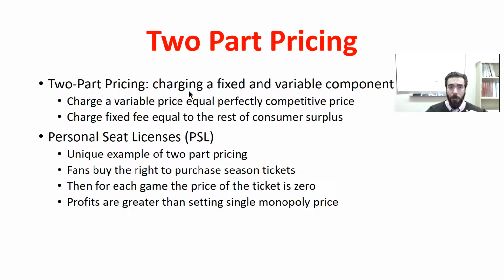So typically what happens with two-part pricing is it's like Costco. You pay a fixed fee to be a member, and then for each additional thing you purchase, there's a marginal or a variable price, right? And with the Costco example, different products would be different, but you're paying a lower price than if you hadn't been a member, right? But you still have this huge fixed fee, okay?